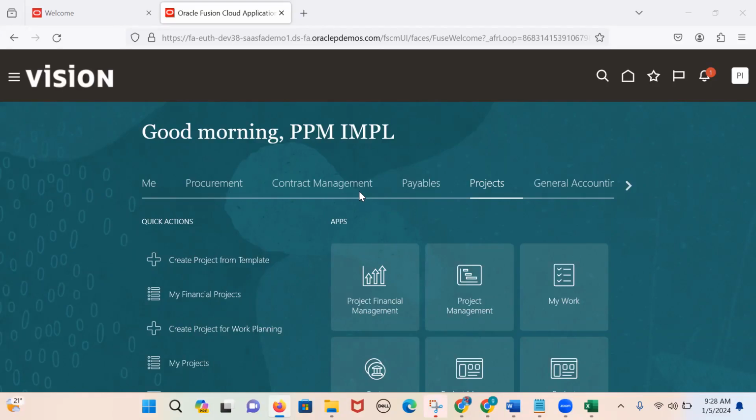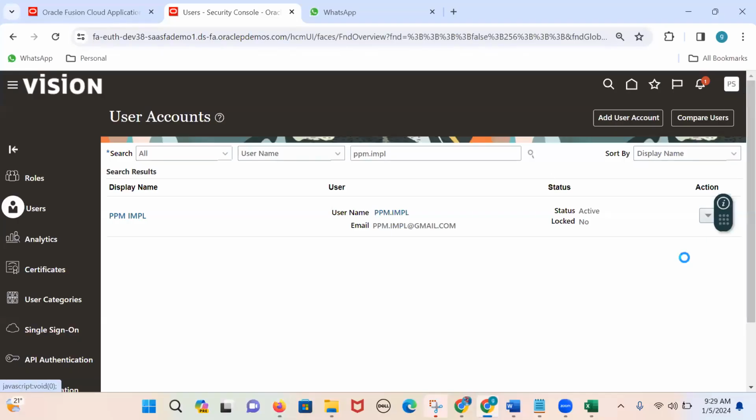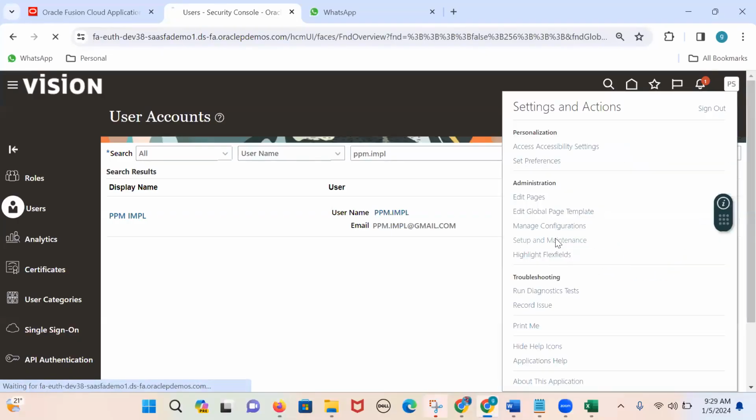Okay. Sometimes even after the role is assigned to your user, I don't see any reflection. If that is the case, just wait for 1 minute, then log out and log in. It will be reflected. Still, if it is not reflected, there are some refreshing programs available in the system. If I go to setup and maintenance,